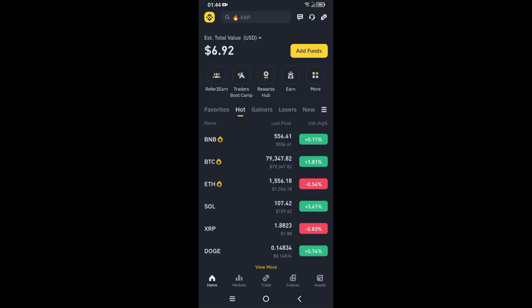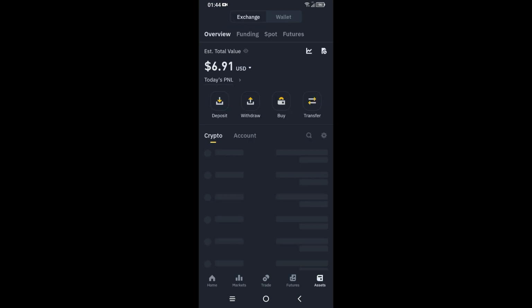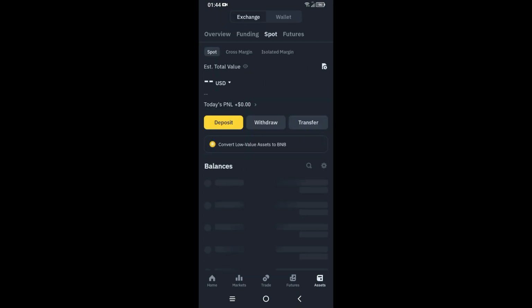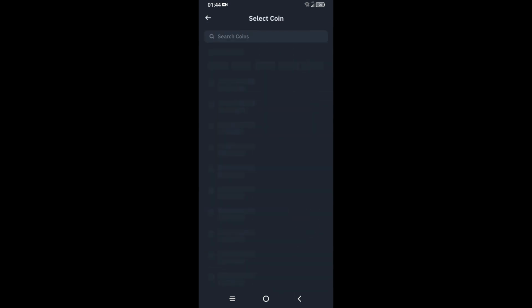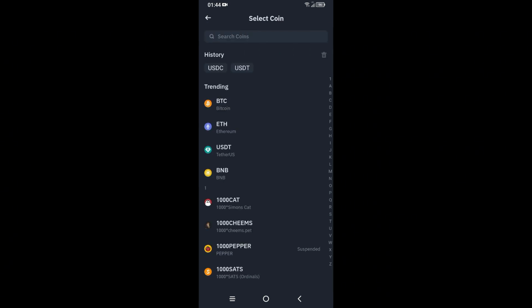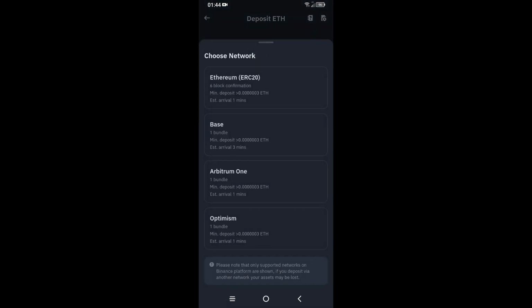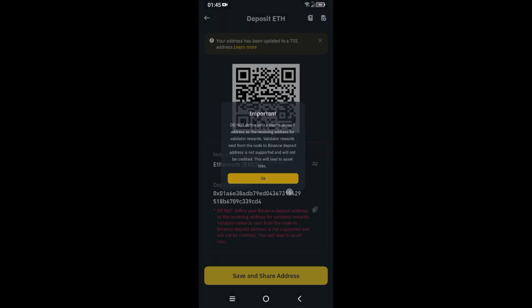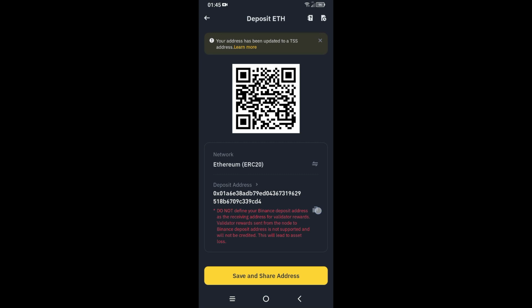And as you can see here, to get the withdrawal address of Ethereum from our Binance account, we need to go and click on Assets and now select the spot from the top bar and now tap on Deposit from here. And now search for your token, or you can click it just from here from the home page. Now we set the Ethereum as a network in the Bitget, so we need to set it in the Binance. So after that, what you need to do, just click on OK, and now just copy the withdrawal address